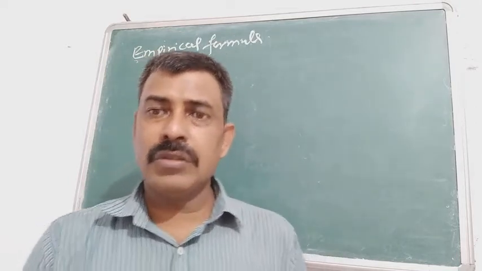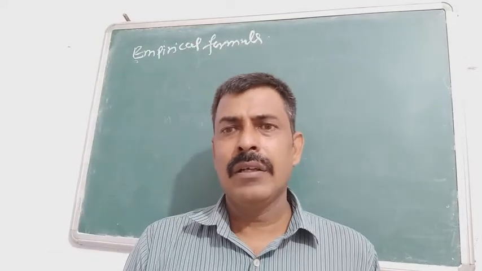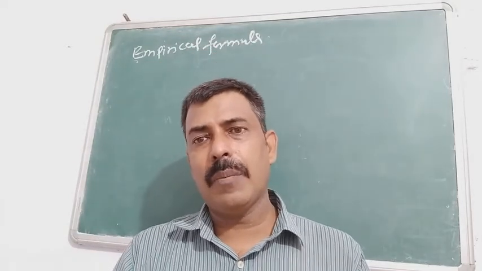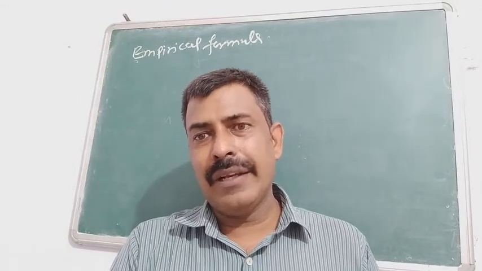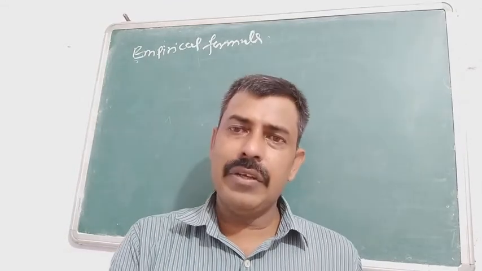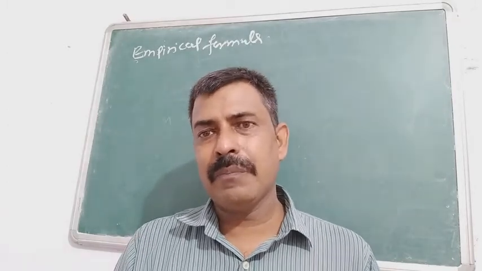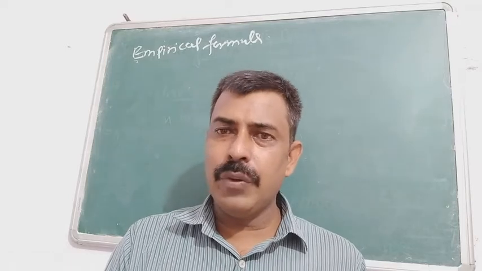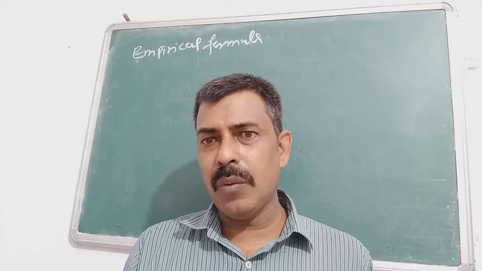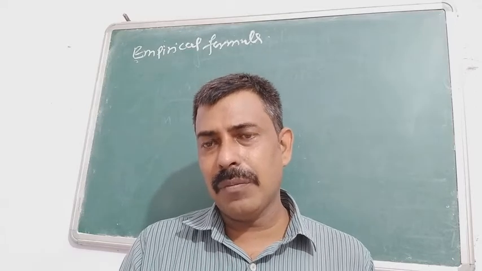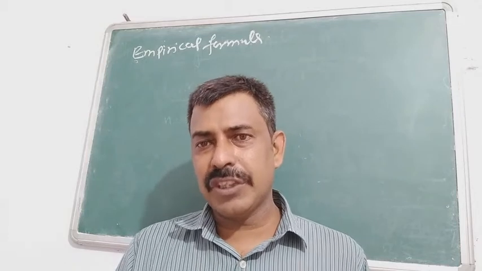In your book, a method is given, and in some other places you can find the method of how to find the empirical formula. There you calculate each and every element in their simple ratio, and then you compare the ratios and find the empirical formula. And I am giving you a table. With the help of that table, you can directly solve and find the empirical formula. This is the best method, and this is the easiest method.